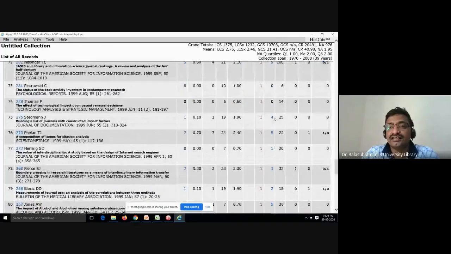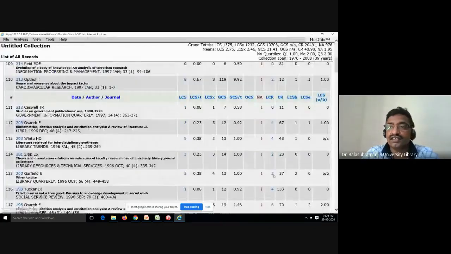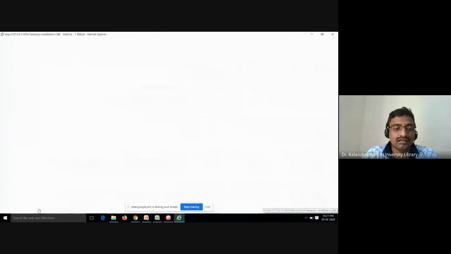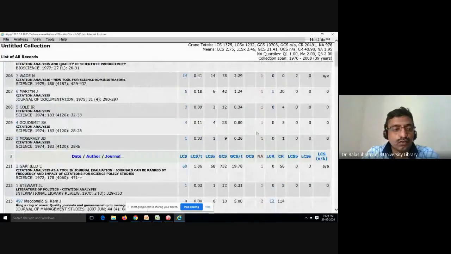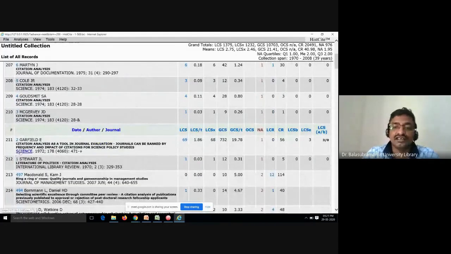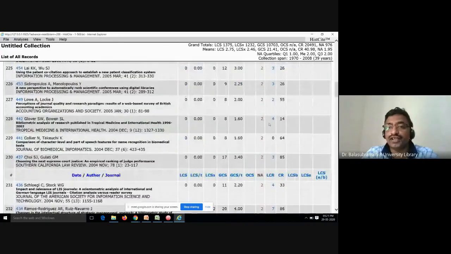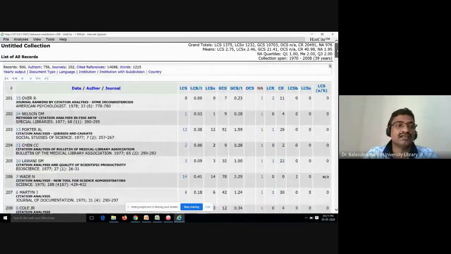Yes, you can see single author will come first. Next you can go 100 articles, single author. Then 212 articles, single author. Then you can subtract it, how many double author, like that you can count it manually, single author, double author. So yearly wise also you can do.